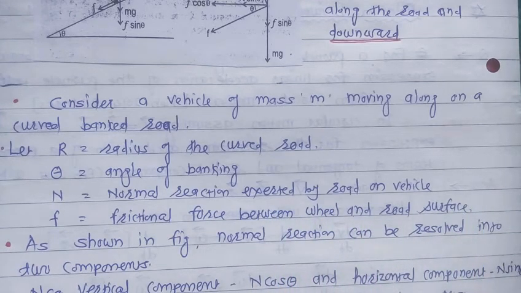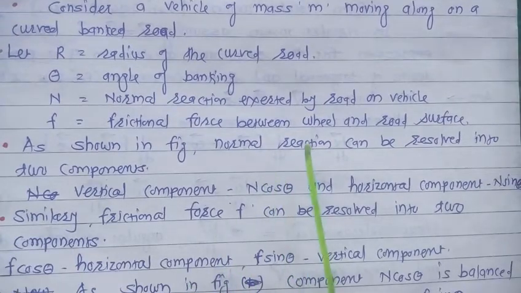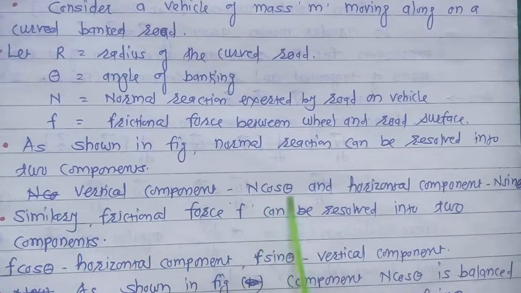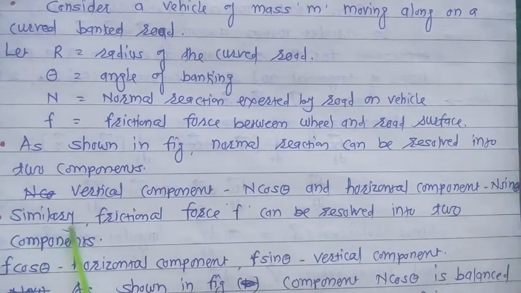Now as I have shown, this normal reaction can be resolved into two components: vertical component N cos theta and horizontal component N sin theta. Similarly, the frictional force F can be resolved into two components: F cos theta horizontal component, F sin theta vertical